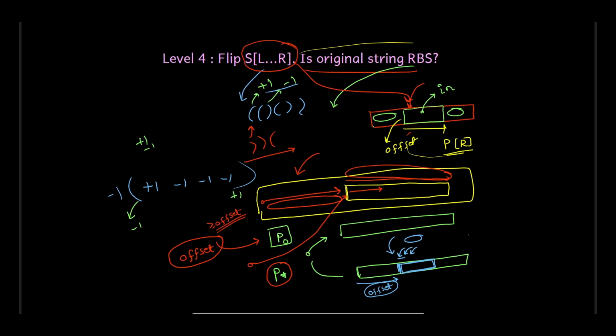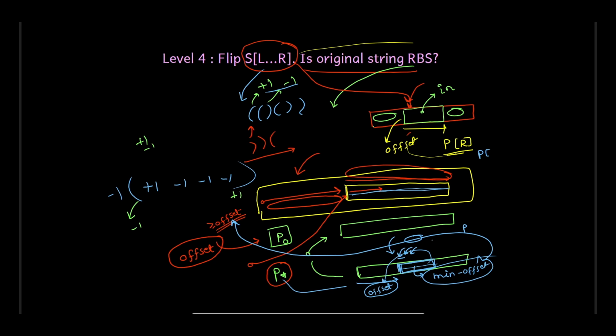You compute the minima, you subtract the offset from this P star, and you get some quantity. That quantity should be greater than or equal to offset. So this time not just the minimum thing should be greater than or equal to offset. This time the minimum thing minus this offset, so that you get the actual thing, should be greater than this offset,